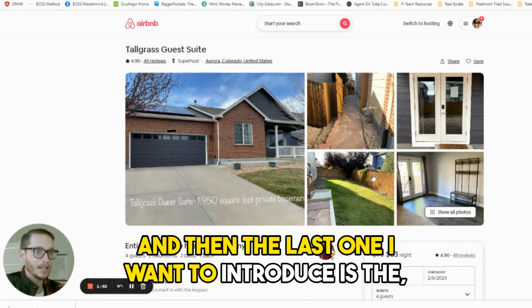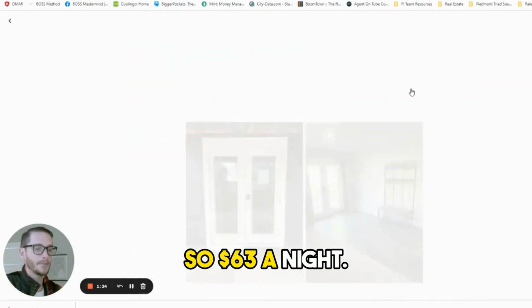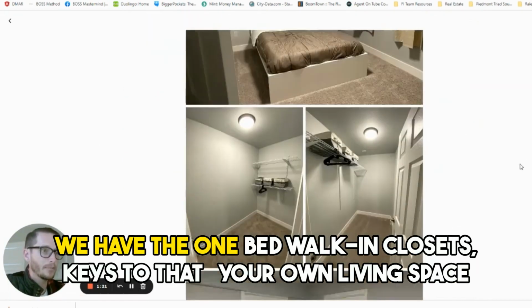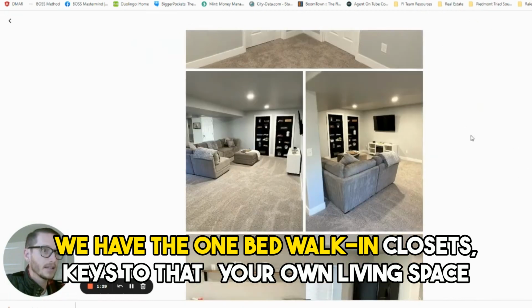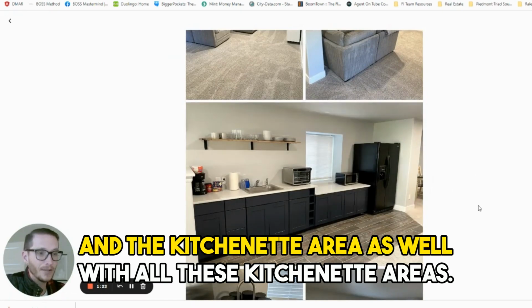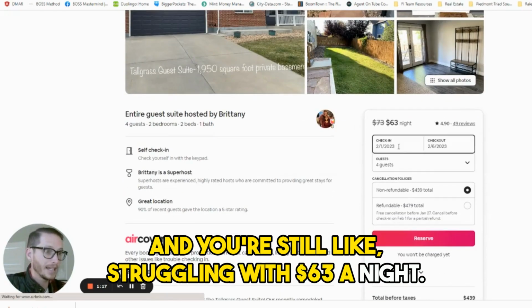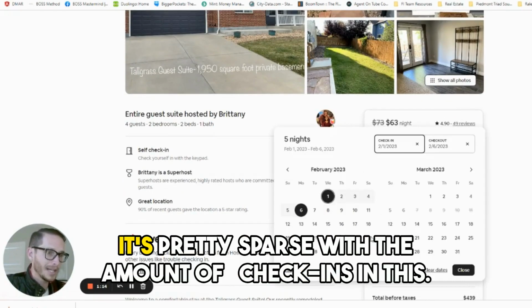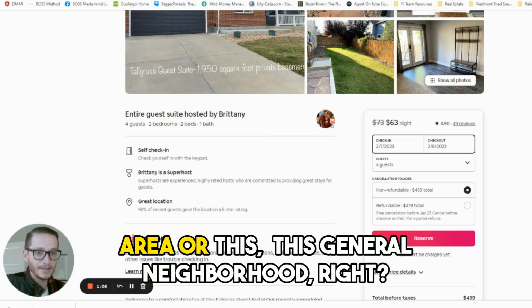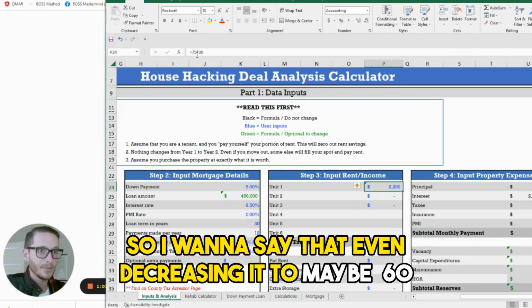And then the last one I want to introduce is this Tallgrass guest suite. So $63 a night. We have the separate entrance. We have the one bed, walk-in closets, keys to that. Your own living space and a kitchenette area as well. With all these kitchenette areas, you're still struggling with $63 a night. And let's look here. It's pretty sparse with the amount of check-ins in this specific area or this general neighborhood, right? So I want to say that even decreasing it to maybe like 60